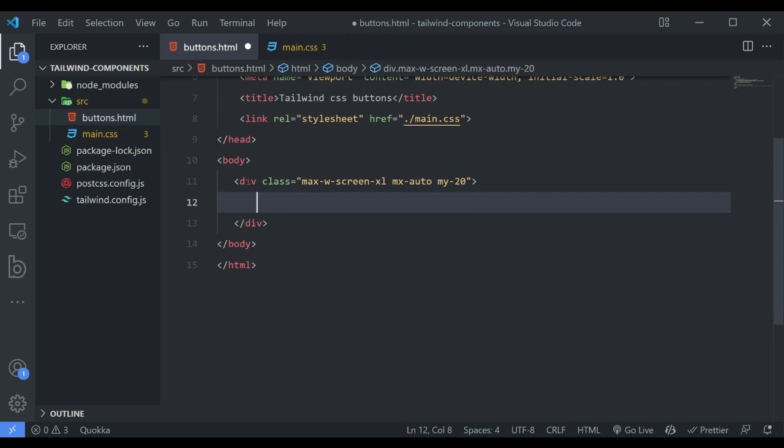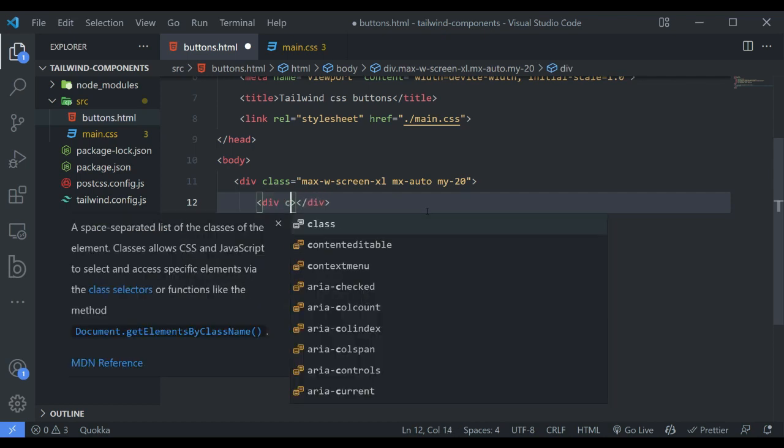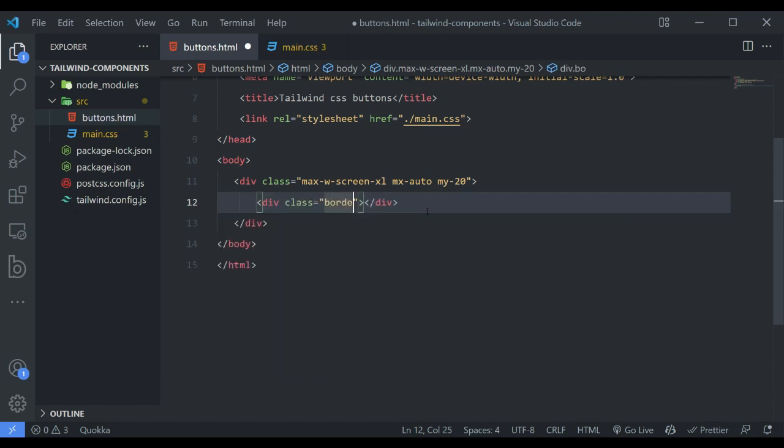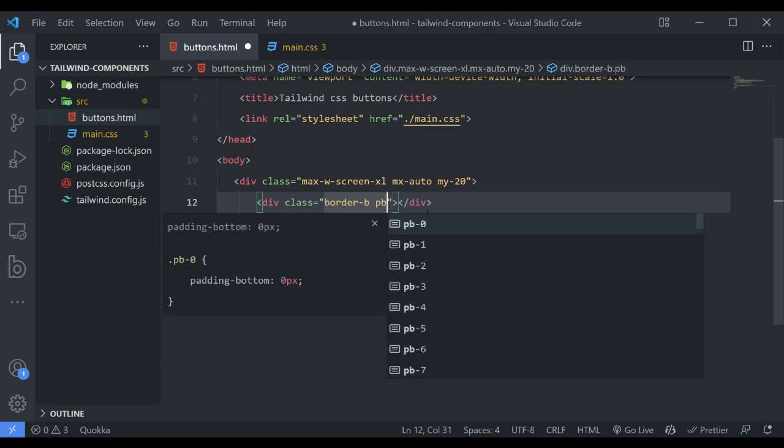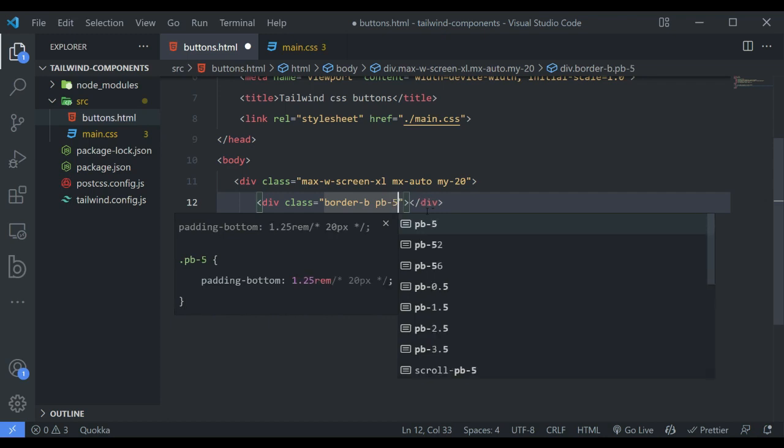Now inside of this div tag we will have another div tag, and we will have class border-b, which means border bottom, and we will have padding bottom. So simply pb-, let's say 5, and